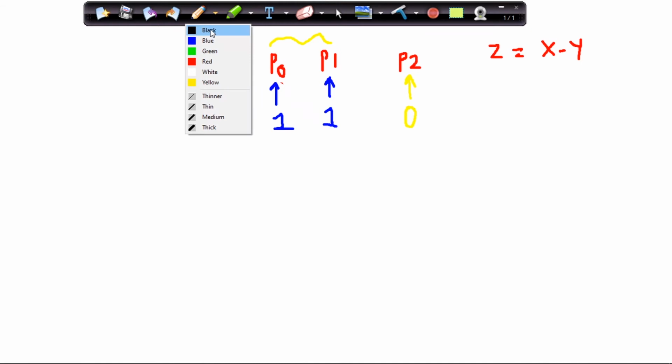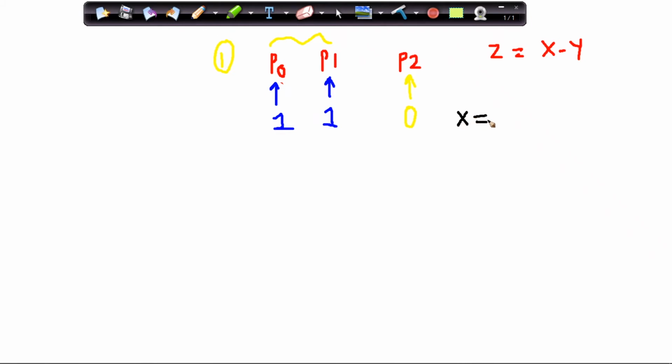Let me take X as 5 6 hexa. Since it is a 16-bit number, it is 5 6 and here we are not taking it in decimal format, it is in hexadecimal.